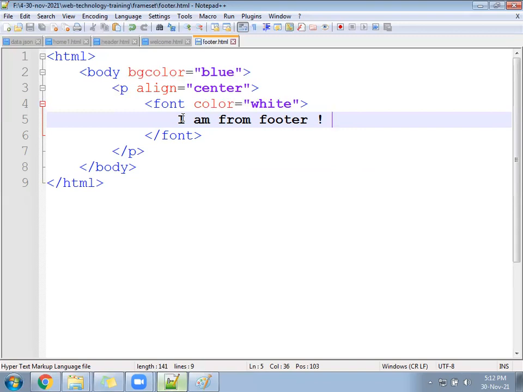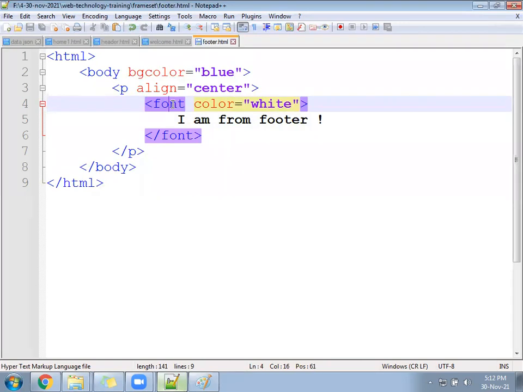Check now. So how many tags did you follow? Body, paragraph, and then font. The reason to follow the font is we wanted the text to be in white color. By default it will not come in white, so for that we follow another tag. Inside the paragraph there is no property called color. The color property is available under the font.